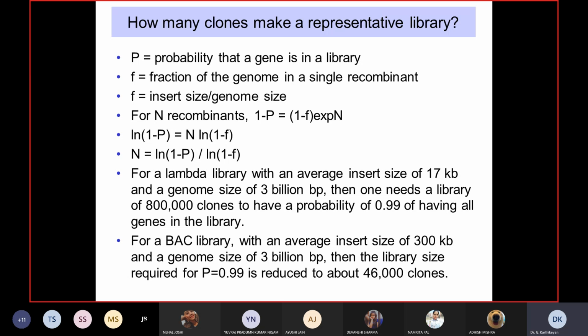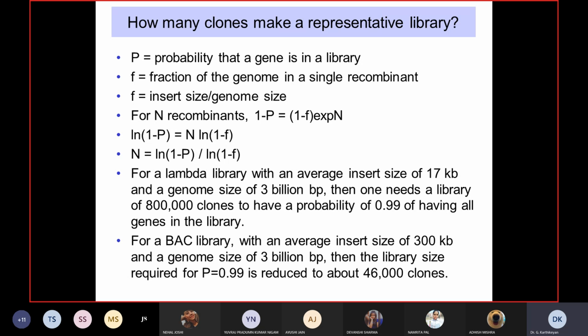But then we need to understand that BAC libraries are difficult to construct. Screening 800,000 clones is extremely laborious, time intensive, and labor intensive, but it is easy to do compared to a BAC library, which is time consuming; at the same time, instead of having to deal with 800,000 clones, you're going to deal with only 46,000 clones, right?